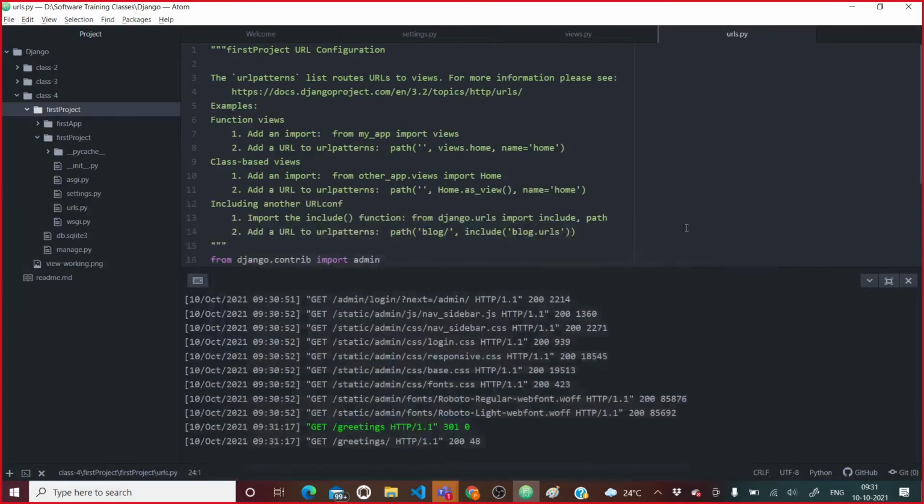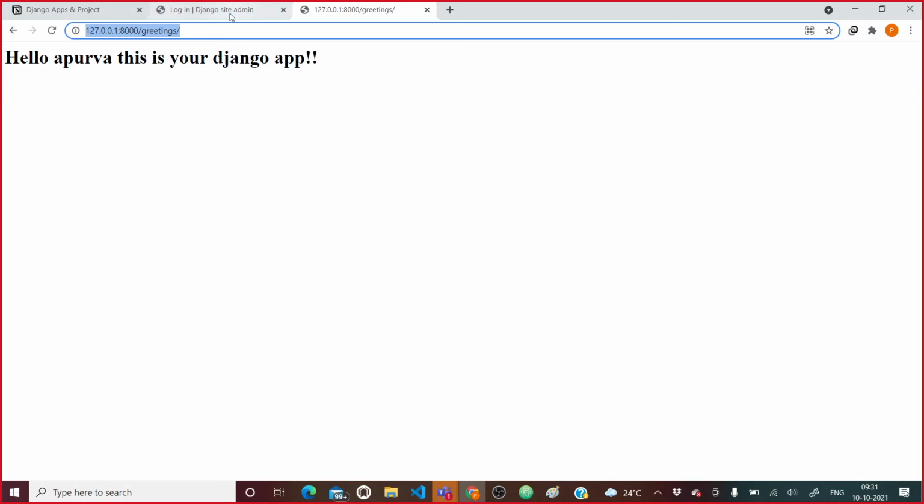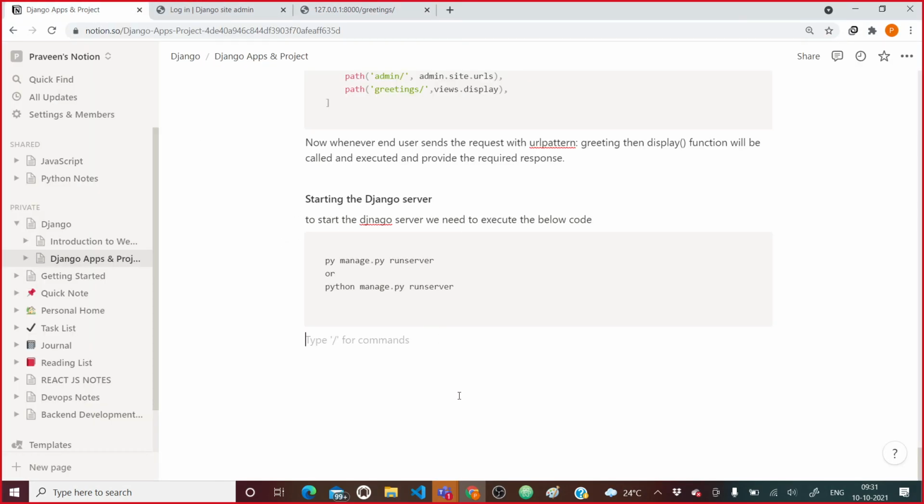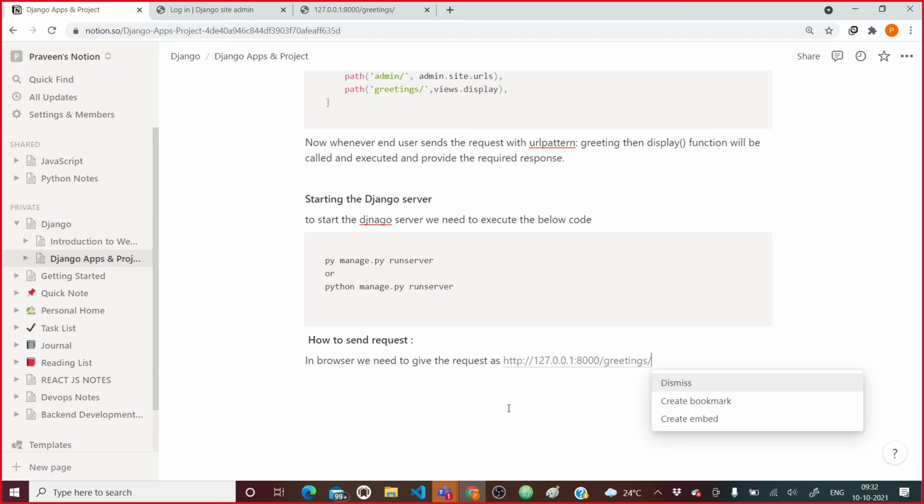To send a request, you have already defined the pattern, so in the browser we need to give the request, and we will be getting a response.